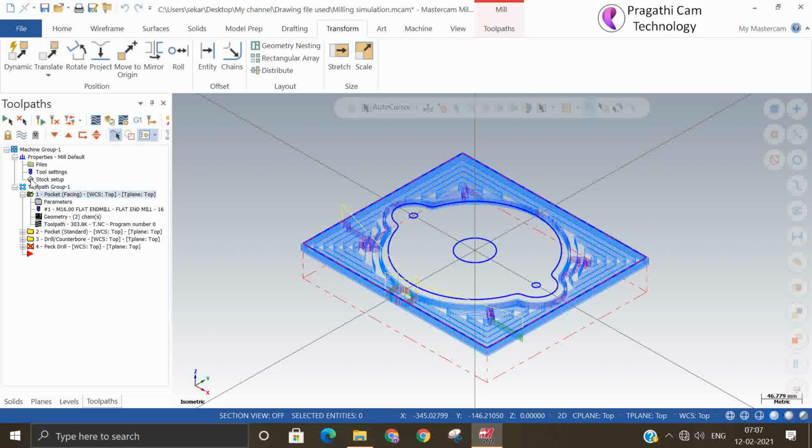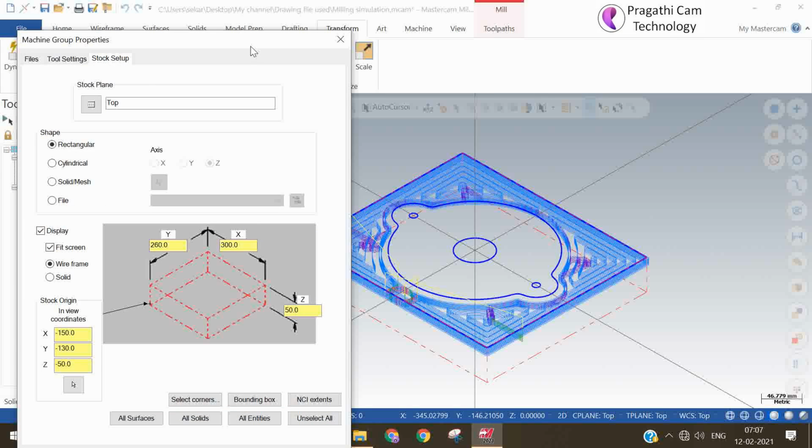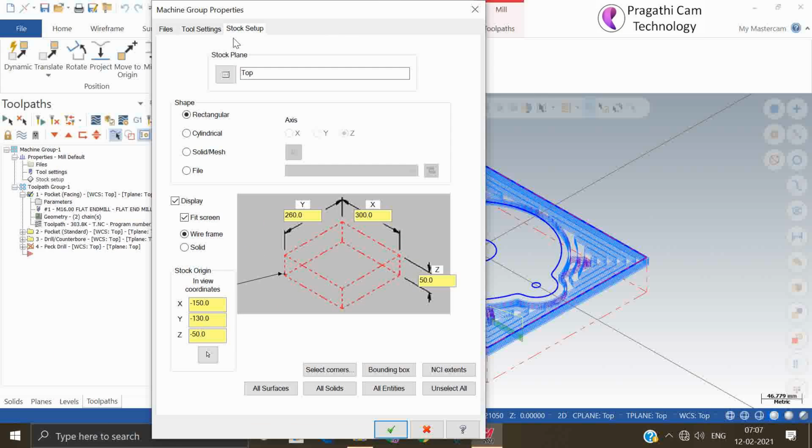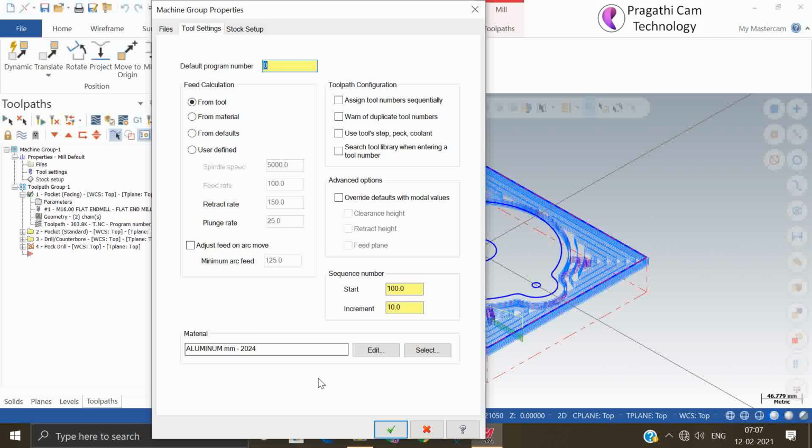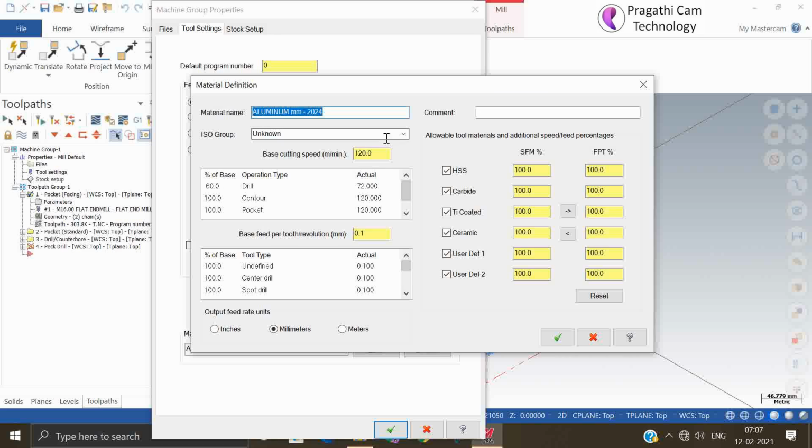So if you go to the material selection here and the stock setup, in the stock setup, tool setting, here material. So from here the material is coming there, and whatever material you want, you can select it from the library.